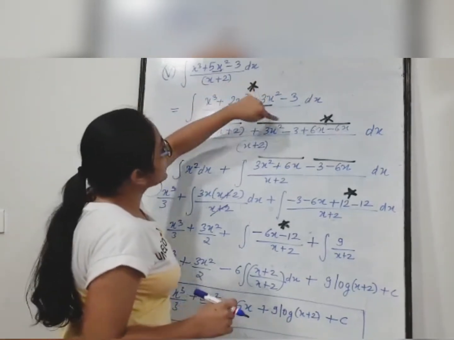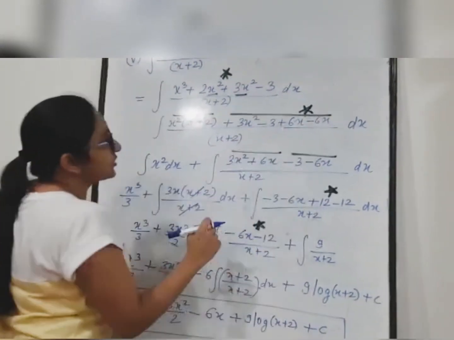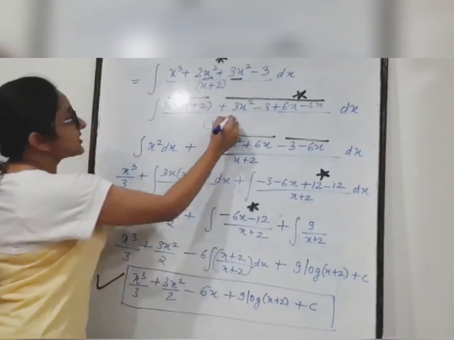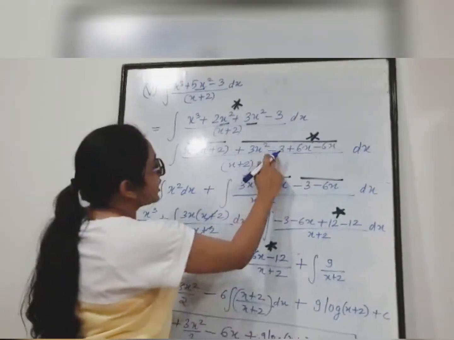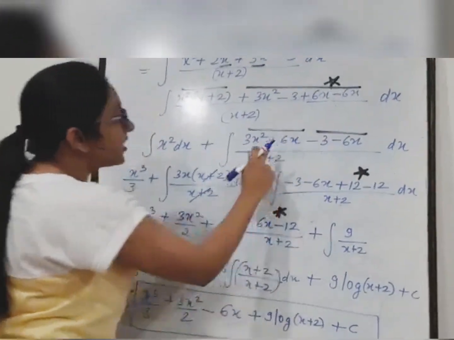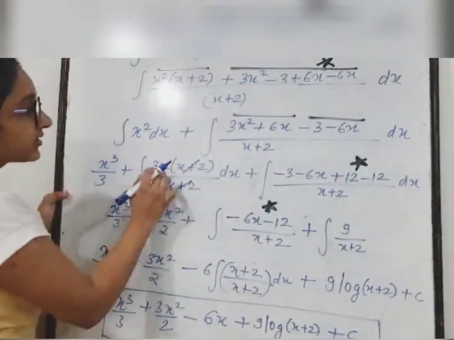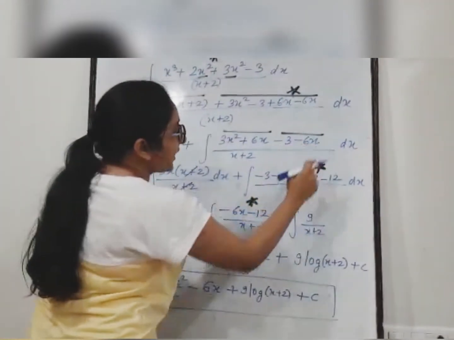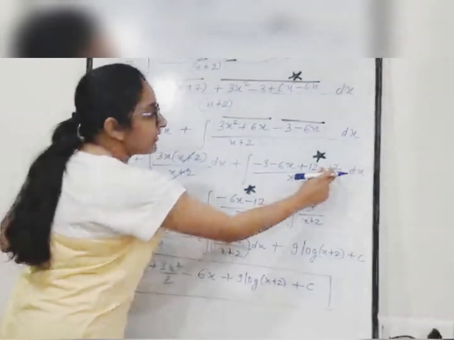This plus 3x square minus 3, and then I did one more substitution so that I could take 3x square and the other term common. So this substitution is plus 6x minus 6x. So here this x plus 2 and x plus 2 got cancelled and x square remained, plus splitting this term we got 3x square, this 6x comes here, minus 3 comes here, and minus 6x. Now here I could see that x plus 2 again can come common. So what I did was I split this part and this will be 3x in common and x plus 2. So x plus 2 cancels, dx plus minus 3 minus 6x, and again to create one more x plus 2 I manipulated by plus 12 and minus 12.